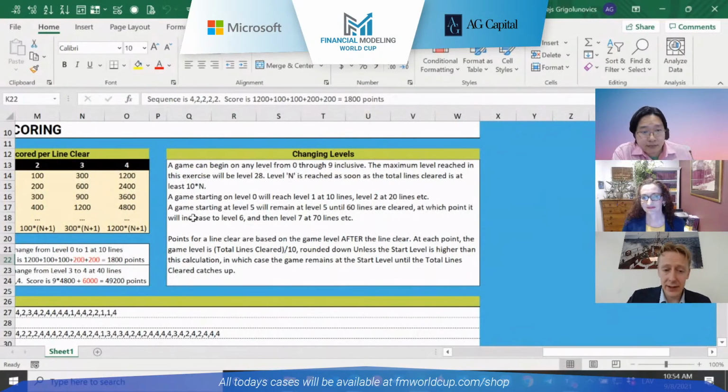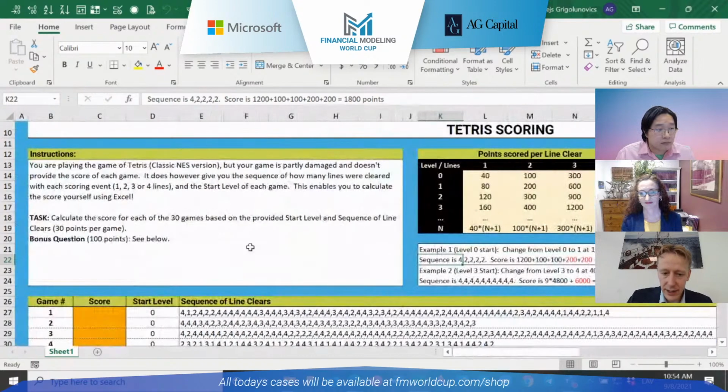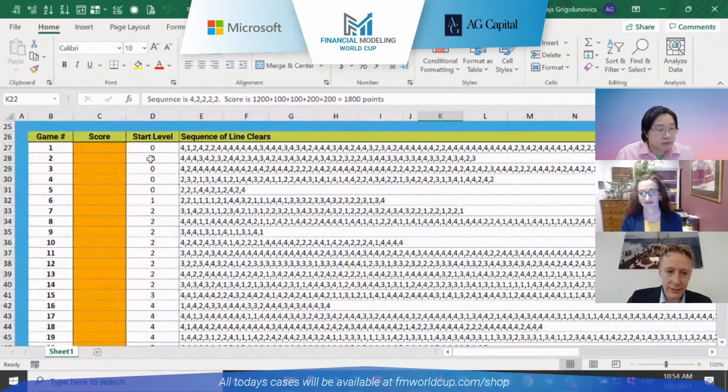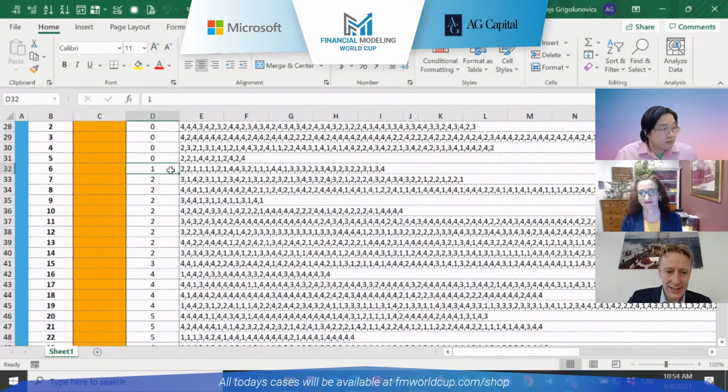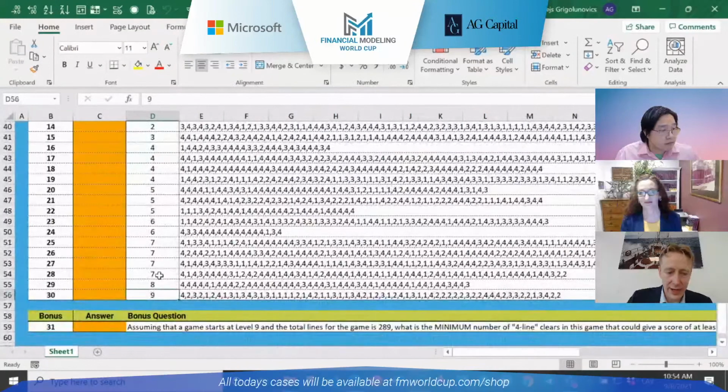So the game starts typically at level 0, at 10 lines it's level 1, at 20 lines it's level 2, and so on. But if a game starts at level 5, it will remain at level 5 until the 60 lines are cleared. So basically, the first 60 lines are being scored at level 5. And you will see also the increasing level of complexity over here. So the first 65 games are started at level 0, then it's level 1, and so on up until level